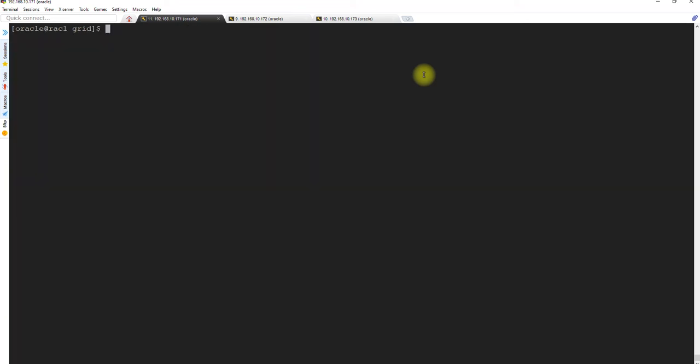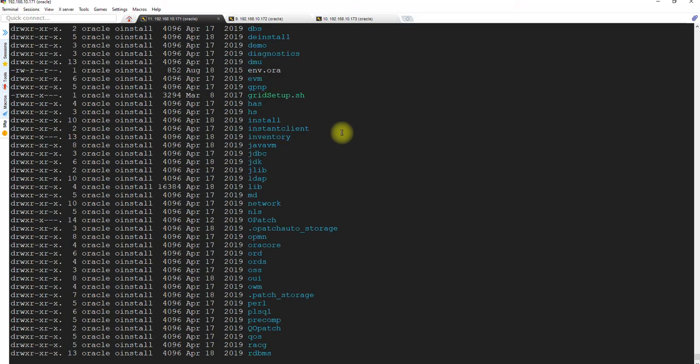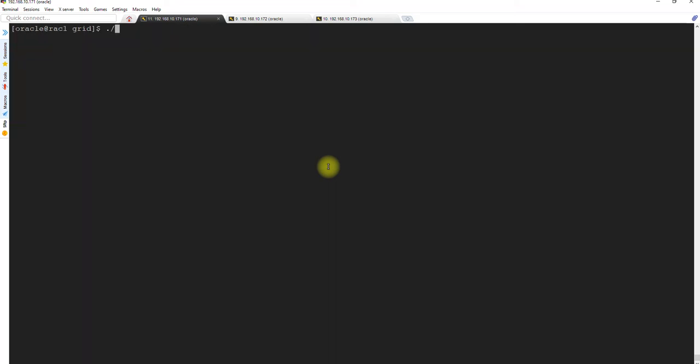Okay, now we have to use the grid setup.sh. Okay, in 11gR2 it was runInstaller.sh, but in the latest version 12.2 and beyond, you will see gridSetup.sh. Okay, so you have to run it like this. Hold on for a minute.